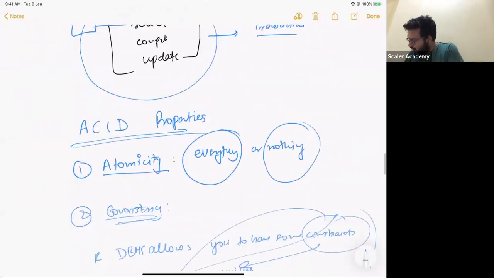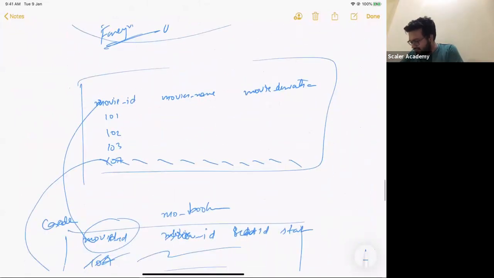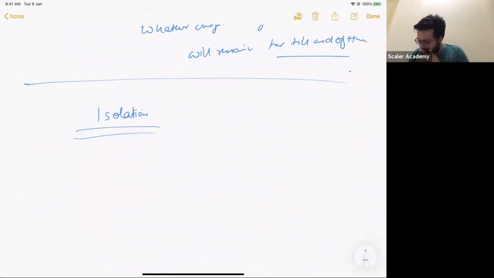Okay. Or in fact, that I will. There is one more thing that I want to discuss about atomicity, but let's just wait for a while. I will discuss that. Isolation basically means that there should be some sort of rules for multiple transactions executing at the same time. Does it make sense? There should be some sort of rules. You realize that there is a requirement for some sort of rules.